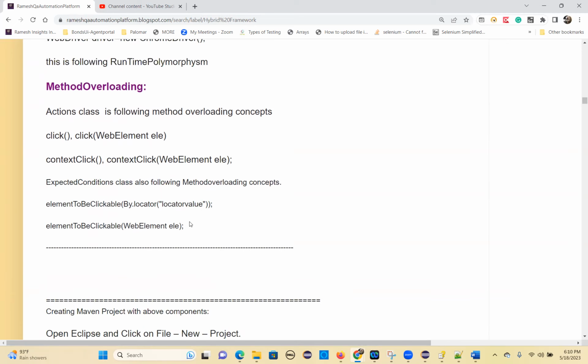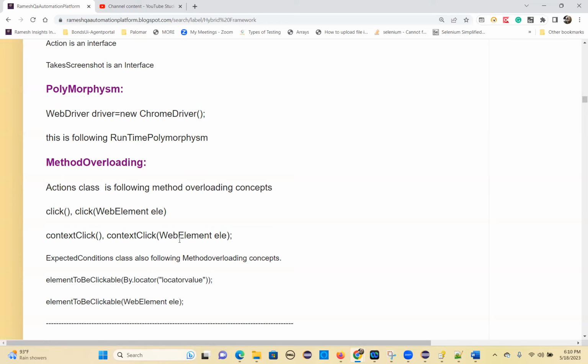Okay, so that's all the interview questions and theoretical side of a framework. So let's come